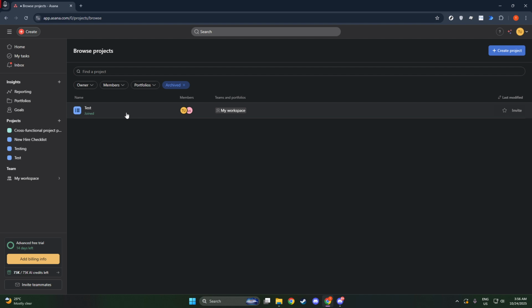Once you click on the filter option, a drop-down menu will appear offering several filtering choices. Here, you'll want to select Archived Projects. This selection is specially tailored to show you all the projects that have been archived within this team. By selecting it, you'll switch the view to display only those projects that have been tucked away, safely archived for reference or future use. And just like that, with a few simple clicks, you've now accessed all the archived projects